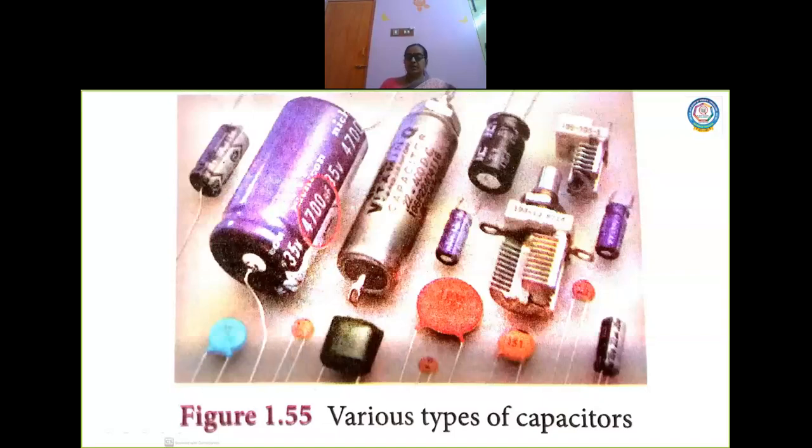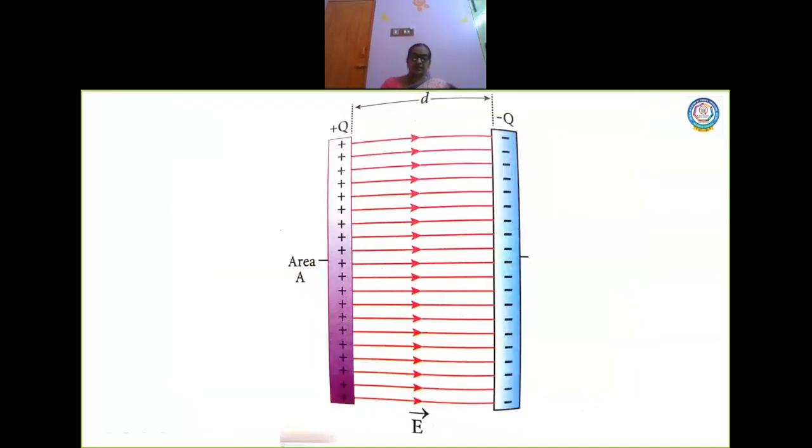Now let us go to the next topic, which is capacitance of a parallel plate capacitor. Now this is considered to be the simplest type of capacitor. Apart from this, you have cylindrical shape capacitors, then spherical shape capacitors are also there, but to start with, this is considered to be the basic. Now here we are going to determine the capacitance of a parallel plate capacitor. Here the plates are connected in parallel. Okay, so let us look at the diagram.